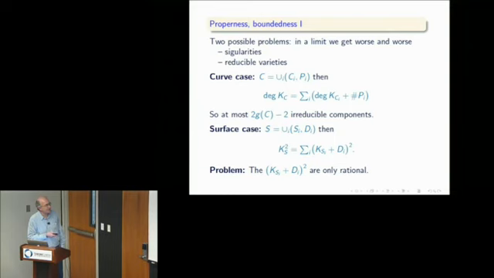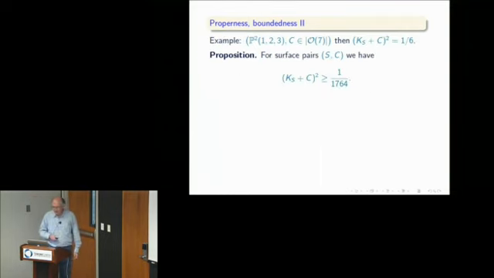But here you can get rational self-intersections. For instance, if you start with the weighted projective plane and take on it a degree 7 curve, this should be D, then you compute that the self-intersection is 1/6. So they can actually be smaller than 1,